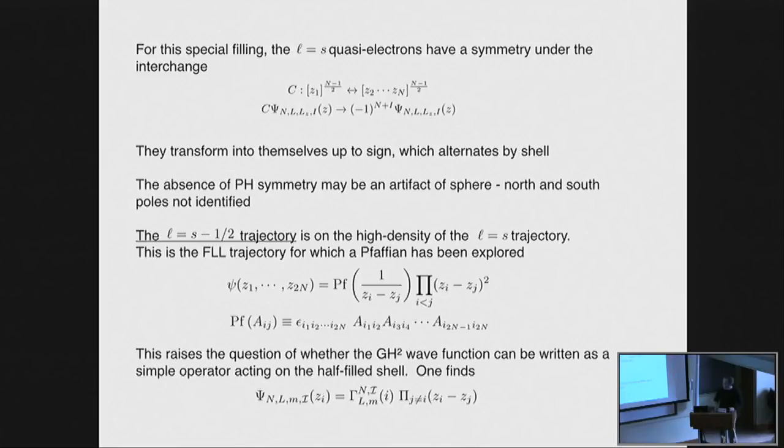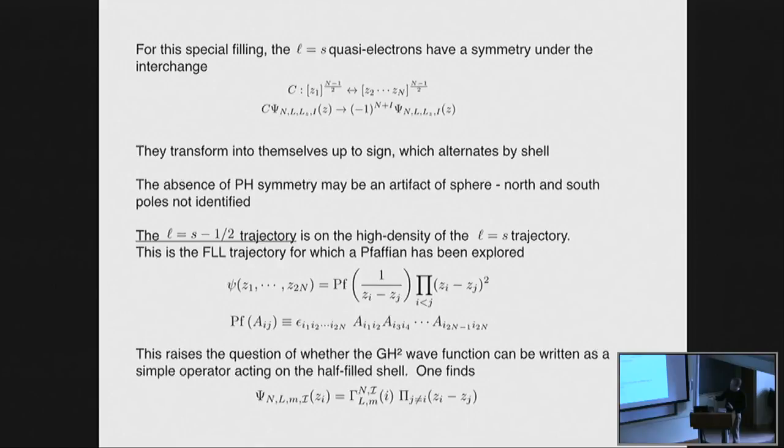And that's because if you actually do the counting, you find out that it has a half a particle more than it should have to form an exact particle-hole symmetry. So that's a really interesting issue to look at. One final thing I'll mention is that you can look at another trajectory that's also really interesting,